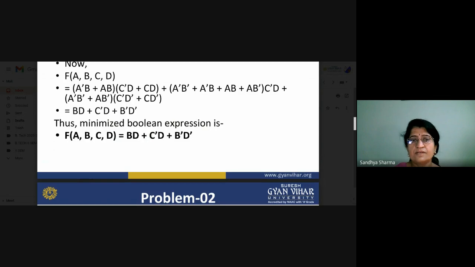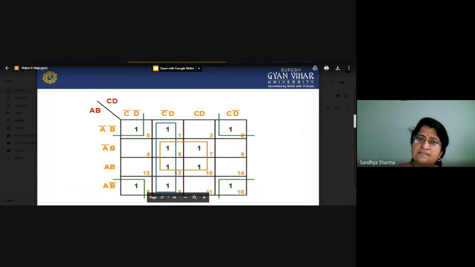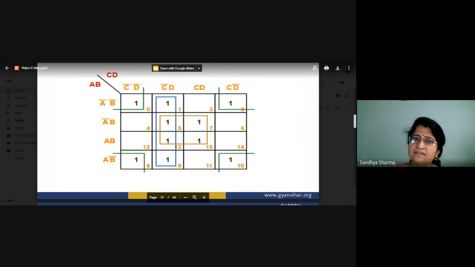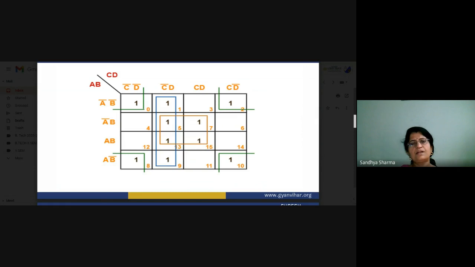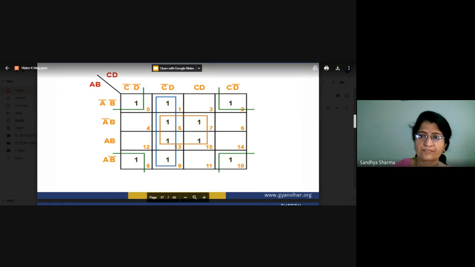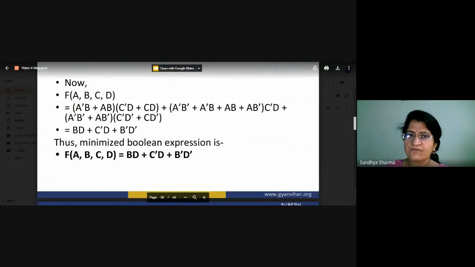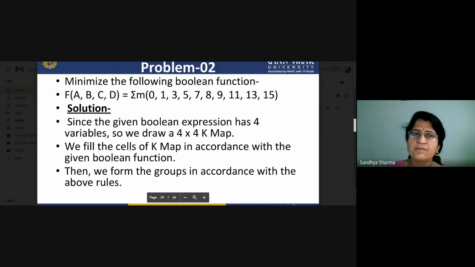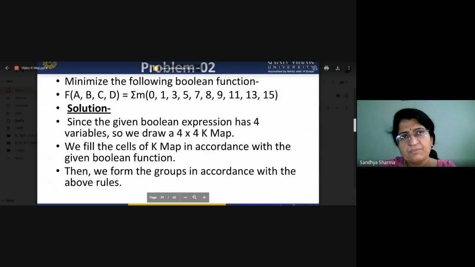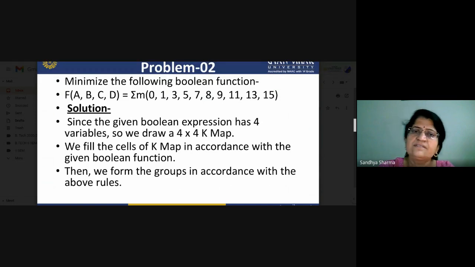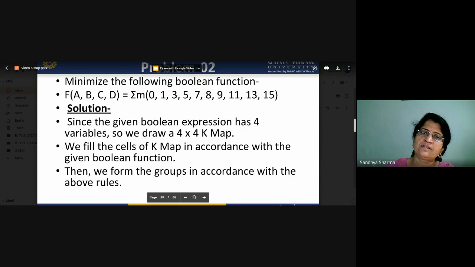Okay, so either you can directly take this. Suppose I have practice, I can see it. What is common? C bar D is common to all the columns, and these are the variables. So the only equation of this is C bar D. So we can extract the common part, and the other part will be rejected. So this is the simplest form. There are no rules you have to remember, no problem. You only have to remember the basic K-map table once, then it is very simple. Suppose you are given the variables A, B, C, D, and these are the equations.